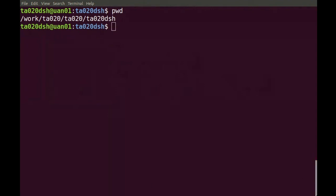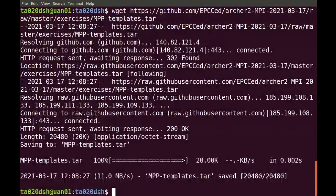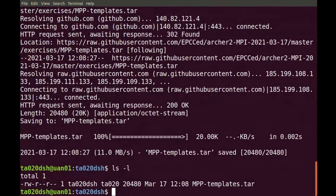They're stored on the GitHub. Git is a bit weird, and the easiest way it's explained on the sheet is to use wget, and I shall therefore cut and paste that, and I can't. So GitHub is a bit weird, but the way to get the templates.tar is to get. Now what I will do is I will copy